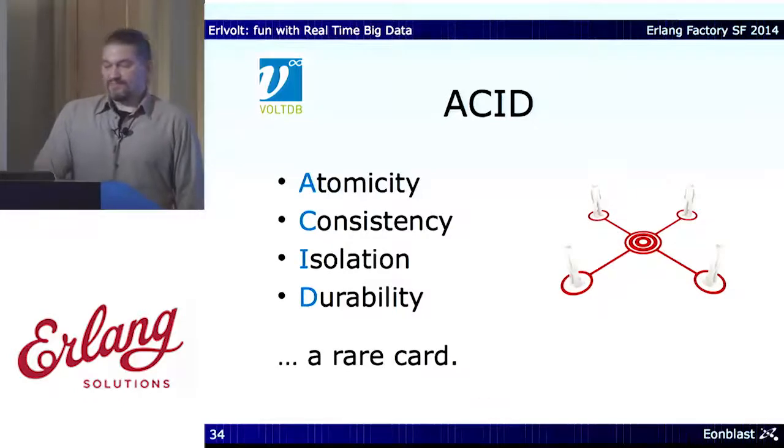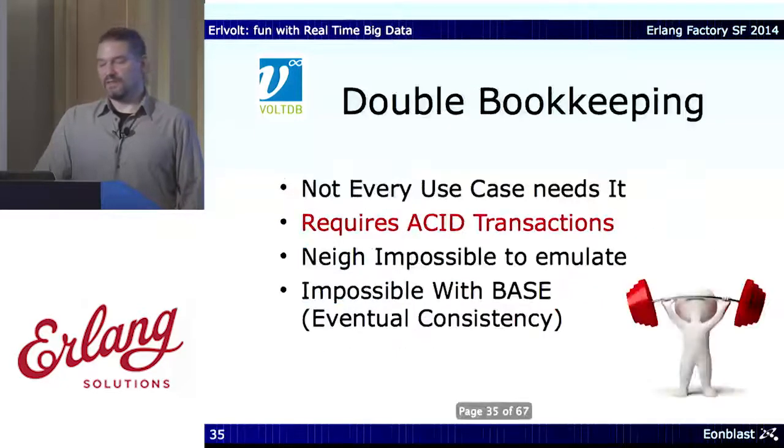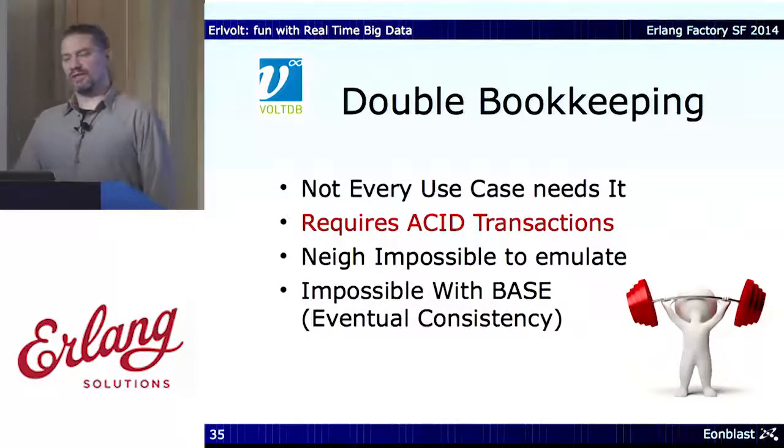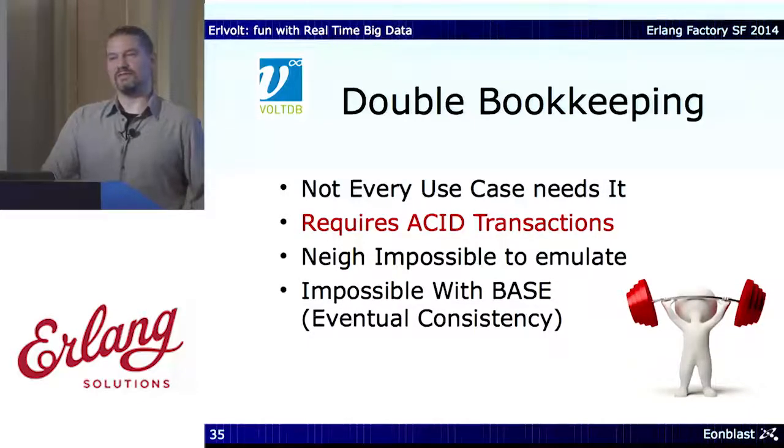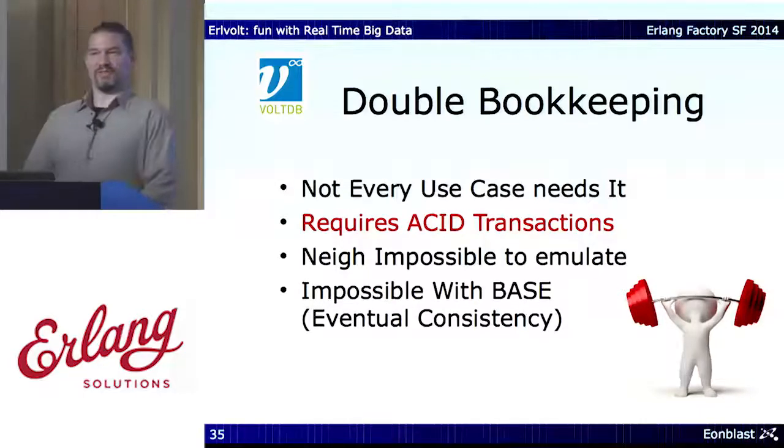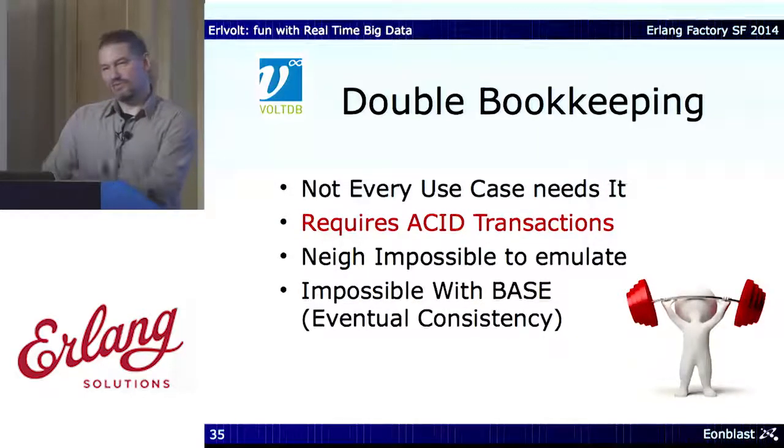With ACID, that is something that I think was, for me, the most important thing to really look deeper into VoltDB when I realized that much of what I can find in other products is BASE or eventual consistency. And that has a lot to do with your problem domain. If your problem that you have to solve has some shape like double bookkeeping, you probably need ACID. And something that does not usually have that is, for example, if you're serving websites or just tracking individual users.